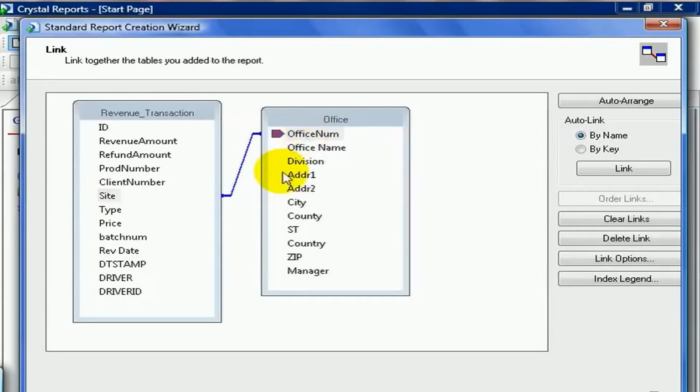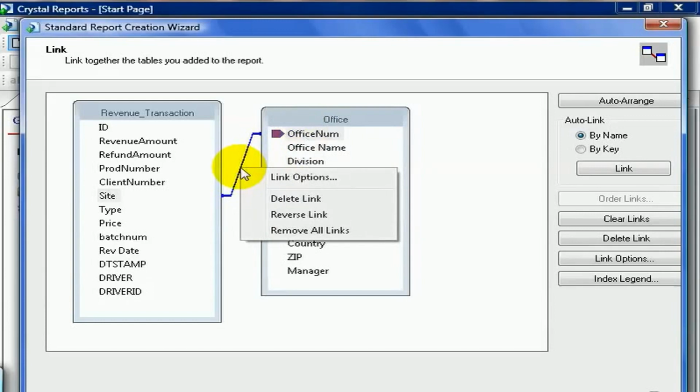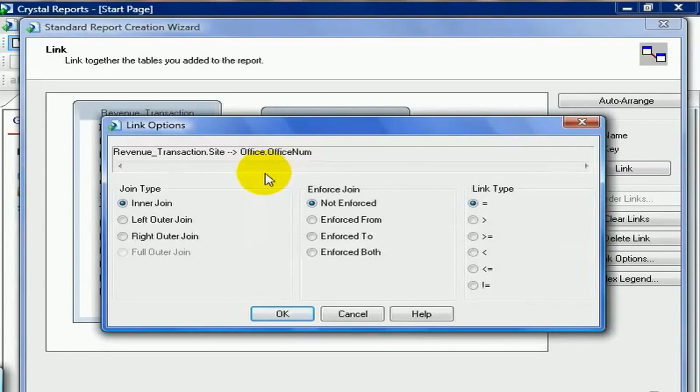But, as you'll soon learn, there are more than one type of join. Go ahead and put your mouse right on the blue line and right-click. Sometimes you have to be careful and position it exactly right. Go ahead and choose Link Options. You can also delete the link, reverse the link, and remove all links. We'll get to that in a second. This brings up the link option windows. Now, there are several options to choose from. Right now, we're going to leave it at inner join, the enforced join not enforced, and the link type equal to. The inner join,